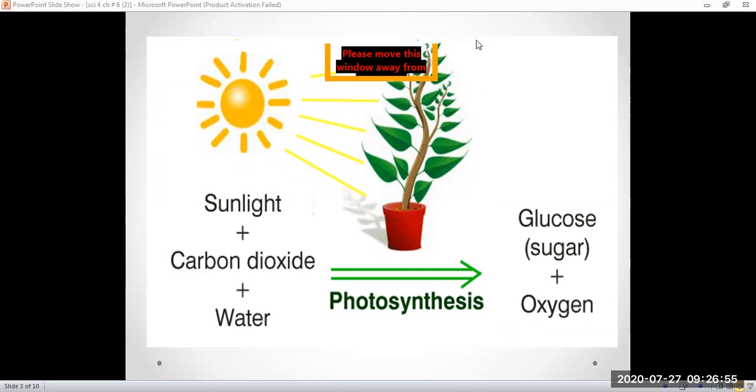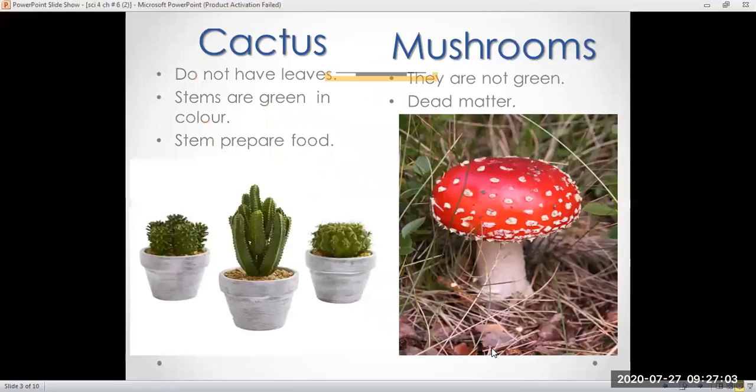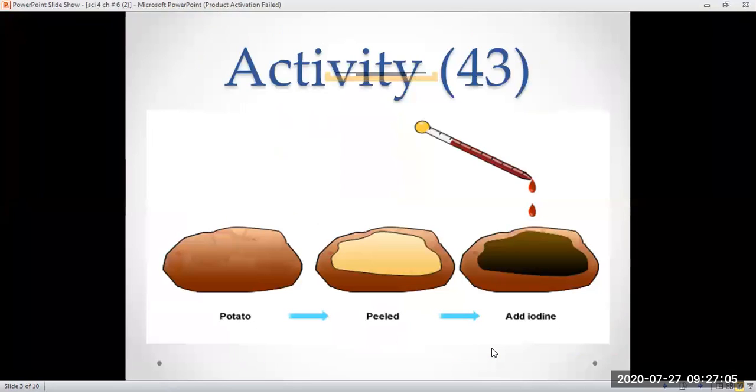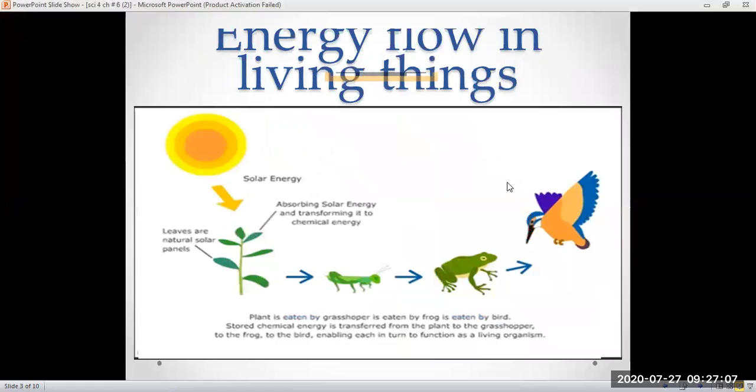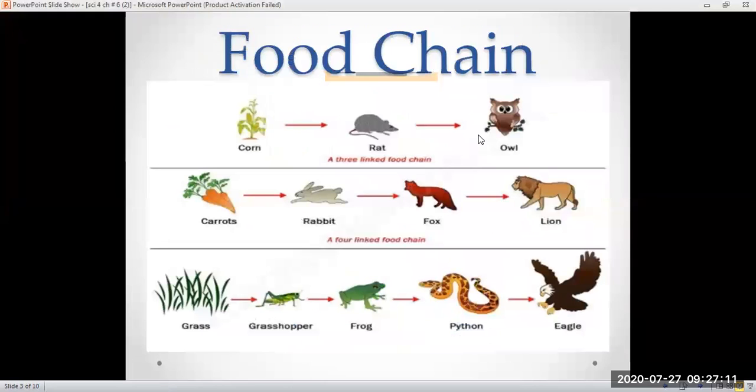Zanab, I am changing the slide. Have Okay। you done it now? Yes। Okay, Zanab, continue then from the activity that is on page number 43. Okay।